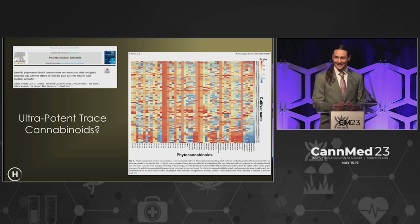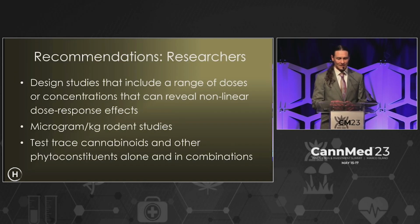What is going on here? We don't know, but we can have a direct relationship with the plant to help us find out. I'm going to skip through one example of clinical data because I want to get to my recommendations and maybe a question or two. So for researchers, I encourage you to take what you've learned today and design studies that